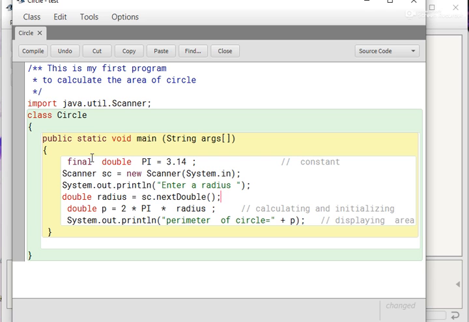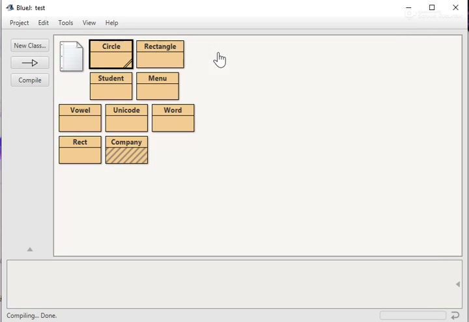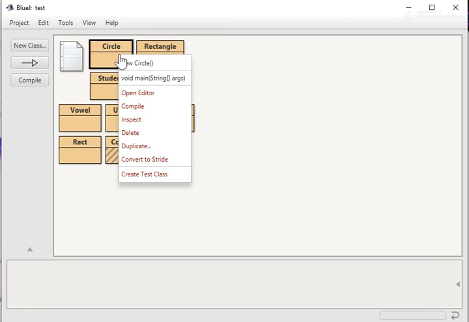In this way of inputting data, you can take the input during runtime, and in each run you can change the value. For example, compile this program. There is no syntax error. Now close and run this program.